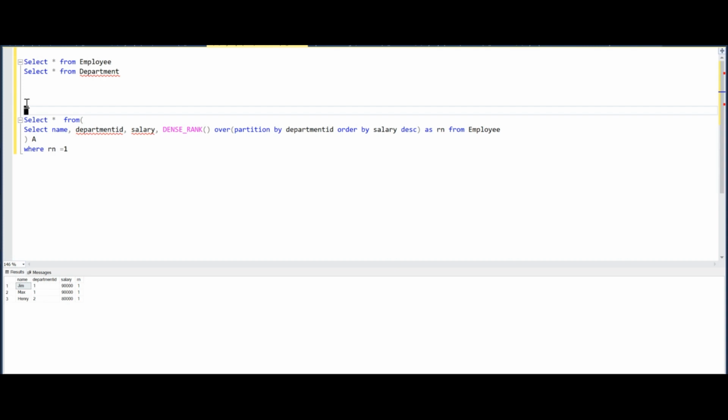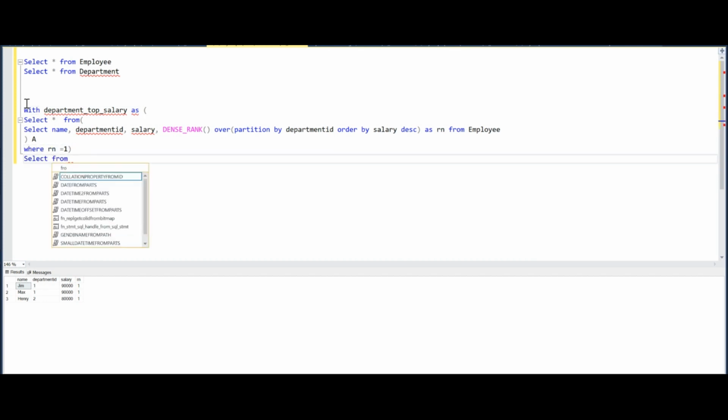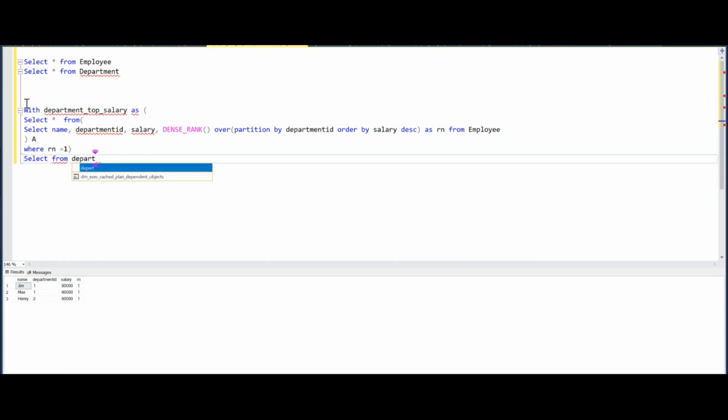So maybe I can make use of a CTE over here, as maybe I should not be using subqueries for more than two levels of nesting, and there is already one subquery over here. So I'll make a CTE quickly over here. Department, maybe top salary, as, put a closing brace over here. Now I can write my select query over here. I'll just say select from the above CTE,